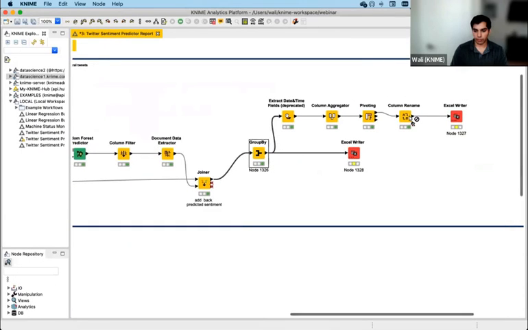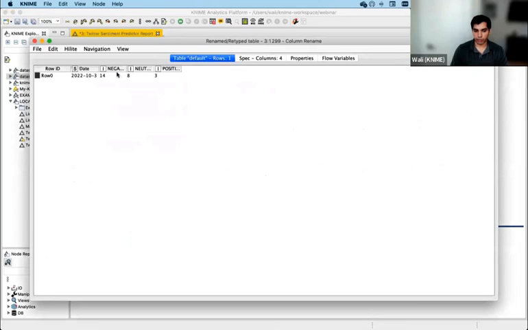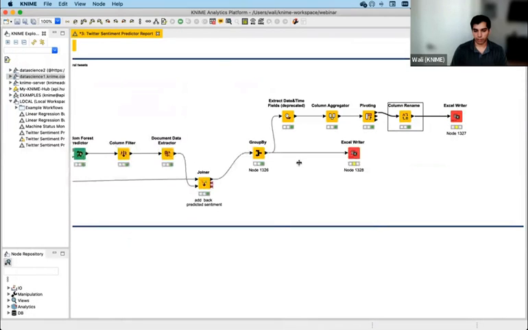And then coming out of this column rename, you'll be able to see how many are negative tweets, neutral tweets, and then positive tweets. And we don't have to focus on the text processing or anything right here, but you've got a good workflow. It works well for the business. It gives them what they need. But right now, you're just writing those two outputs into Excel. And so